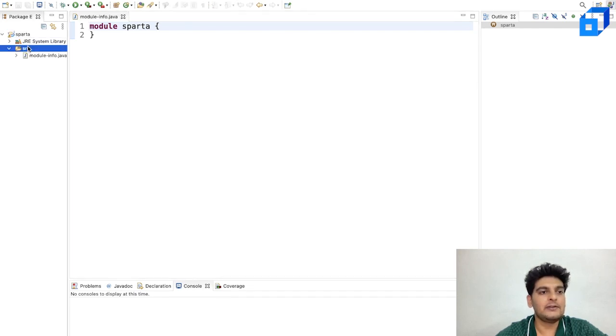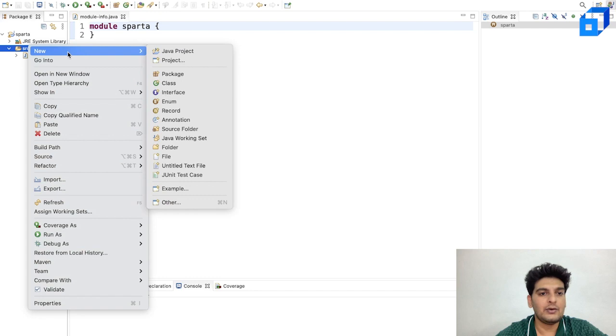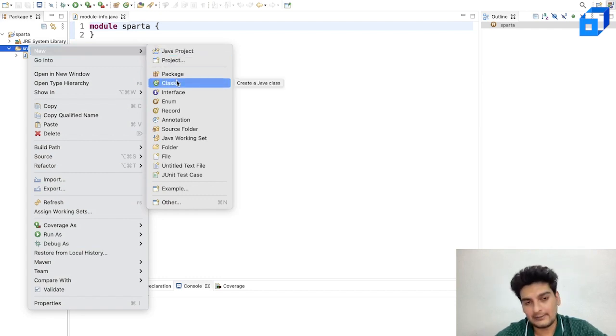Now inside the source folder, what I can do is I can just go ahead and create a new class. Now, what is a class? So here we'd have to understand that if we are representing something from a real world into a programming paradigm, we are essentially creating a template of it. Now, we have a car. So car is an object. So car has a template, isn't it? Right? So car has a particular shape.